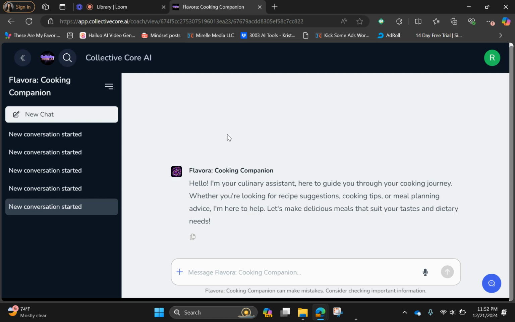So, this app I go to on a daily basis. I tell it what's in my fridge and I say, what do you think I can cook for my son? He's allergic to this and this and that. Can you help me figure out a meal plan for the rest of the week? And it does it for me. So amazing information. Utilize this one because this one's going to just save you a lot of headaches.